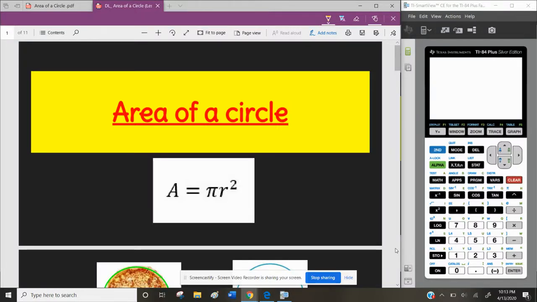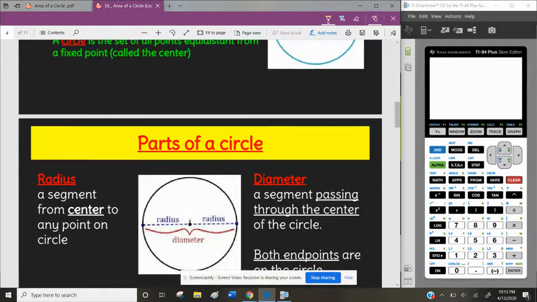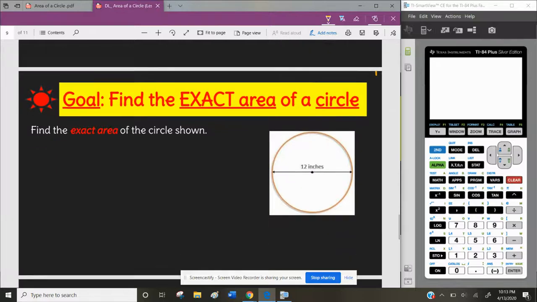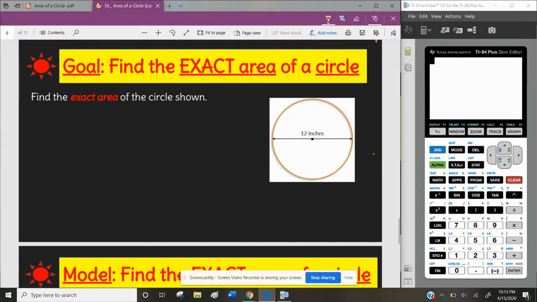We're going to do area of a circle, and we're going to do the exact area this time. In the previous video we did rounding. Now we're going to do an exact answer. So given the circle shown, we want to find the exact area, so we're still using our A equals pi